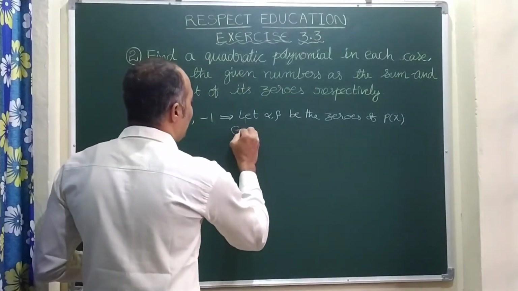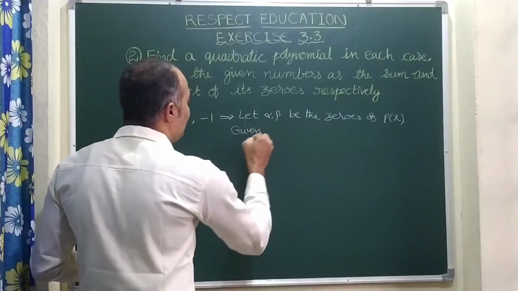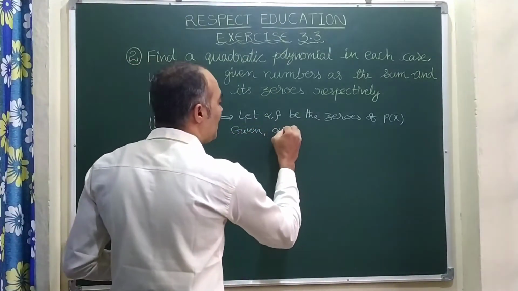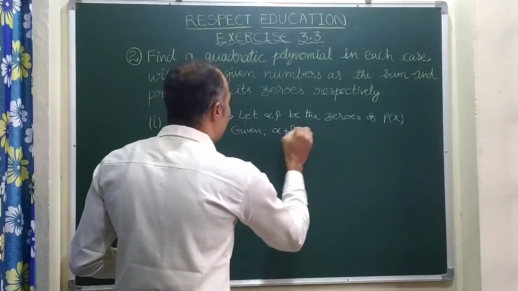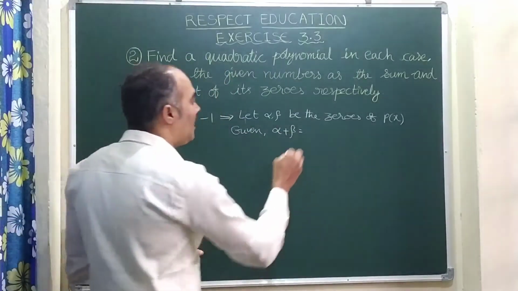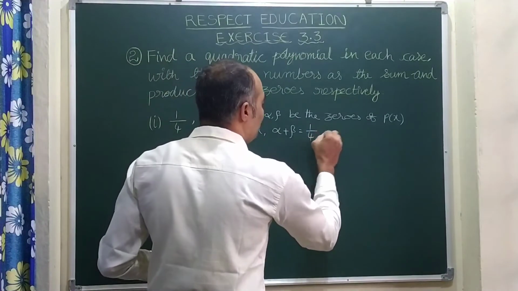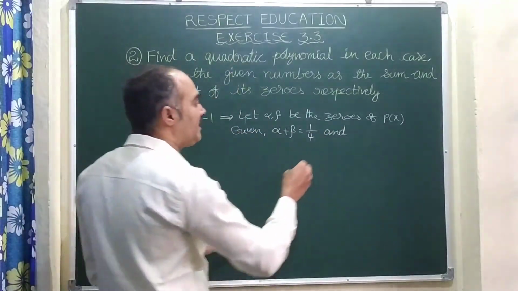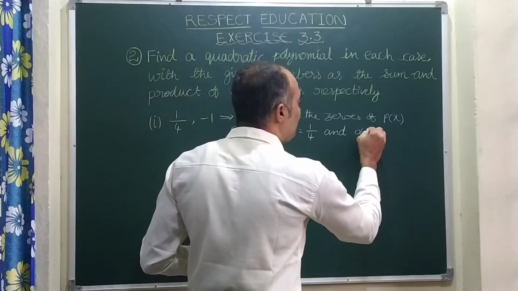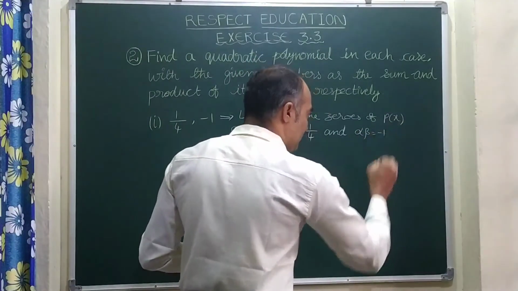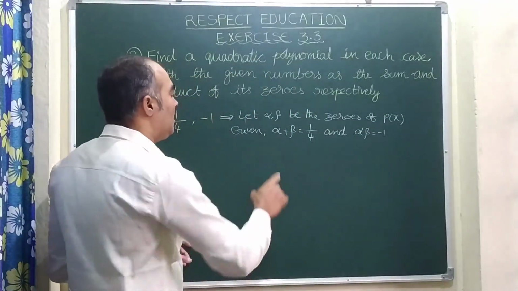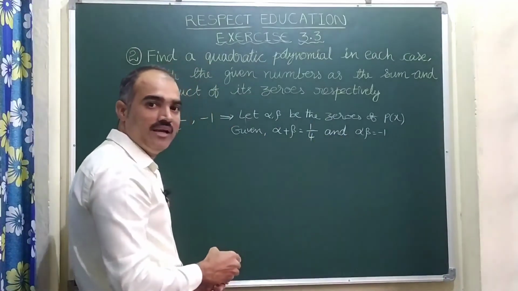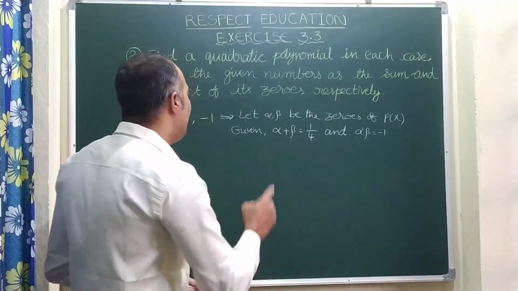So here, given the first value is the sum of the roots, means alpha plus beta. Here this 1 by 4 indicates alpha plus beta is 1 by 4, and the second value, minus 1, indicates the product, means alpha into beta is equal to minus 1, right? Now here, whenever alpha plus beta and alpha beta both are given, to write the polynomial we have a formula,